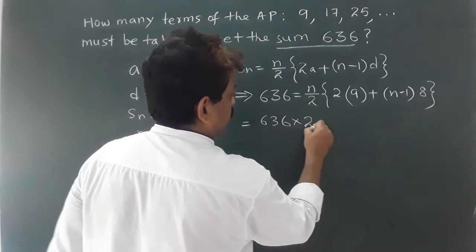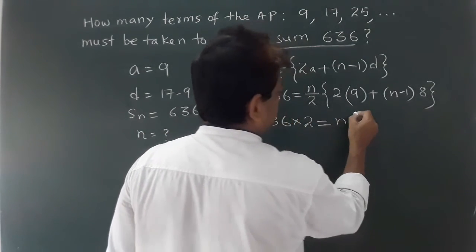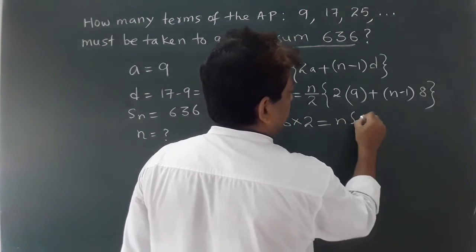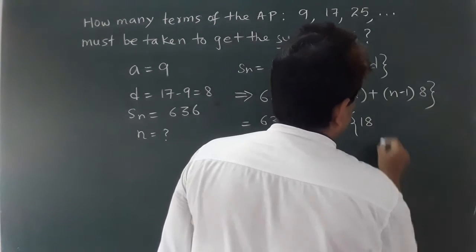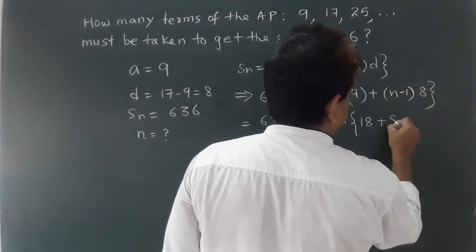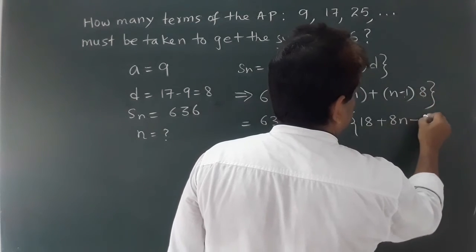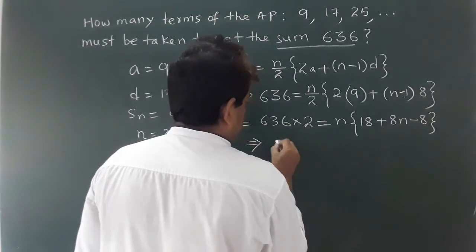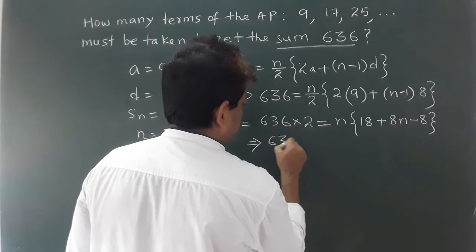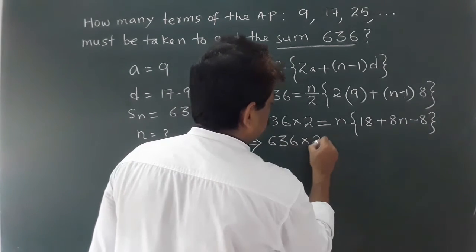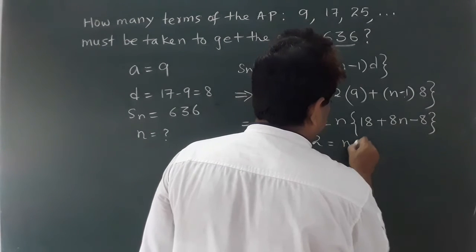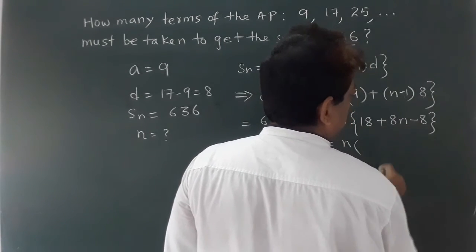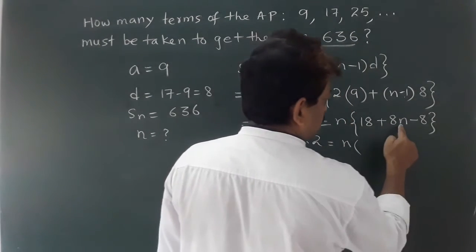So it will be multiplied with 2, n, inside the bracket it will be 18 plus 8 multiplied with n is 8n, 8 multiplied with minus 1 is minus 8. So 636 multiplied with 2 equals n. So 18 minus 8 is 10,